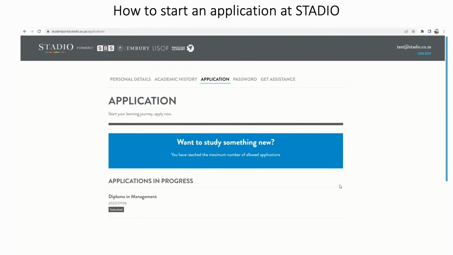of your application. Should you experience any delays in your application process, please drop us an email at hello@stadio.ac.za